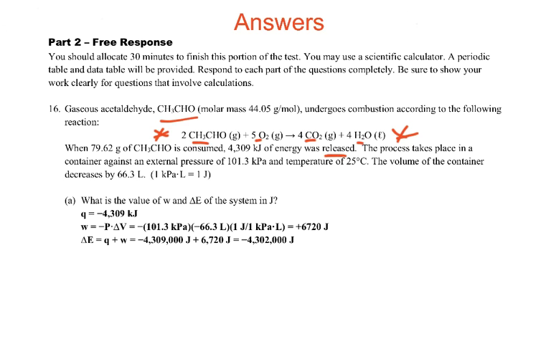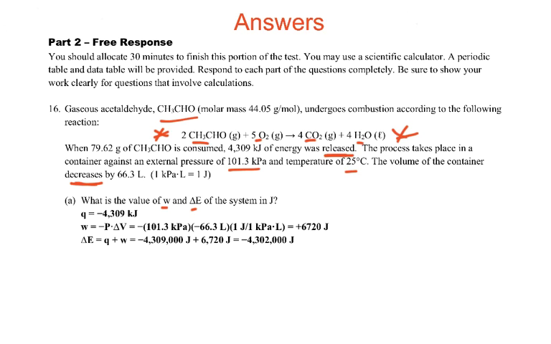That's important. And the process takes place in a container against an external pressure of 101.3 kPa, temperature is 25 degrees, and the volume of the container decreases. Okay, so what we have to do, we have to figure out what's the work and what's the change in energy of the system. And so we think about this, well, work has a formula for that. But the other part is, is it going to be the energy of the system going out or is it going in? So we're saying here, if this energy is released, then that means the system is losing energy as